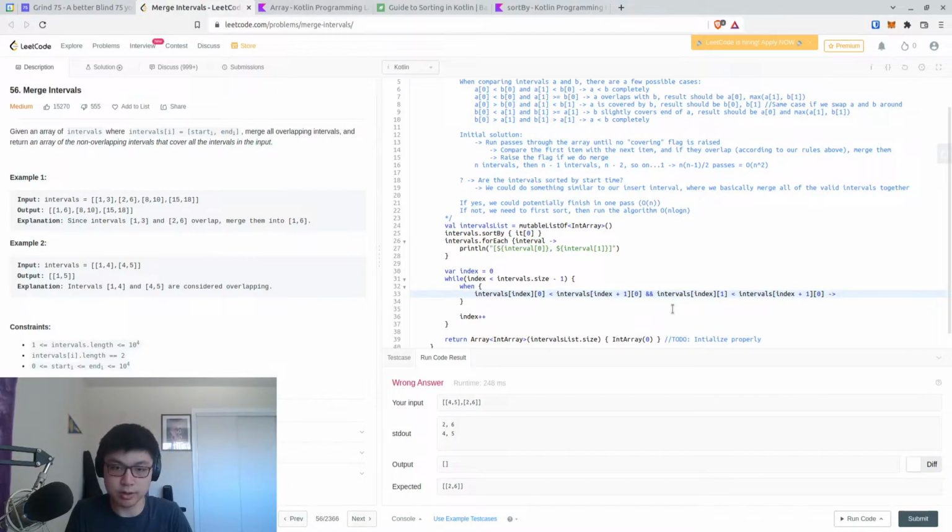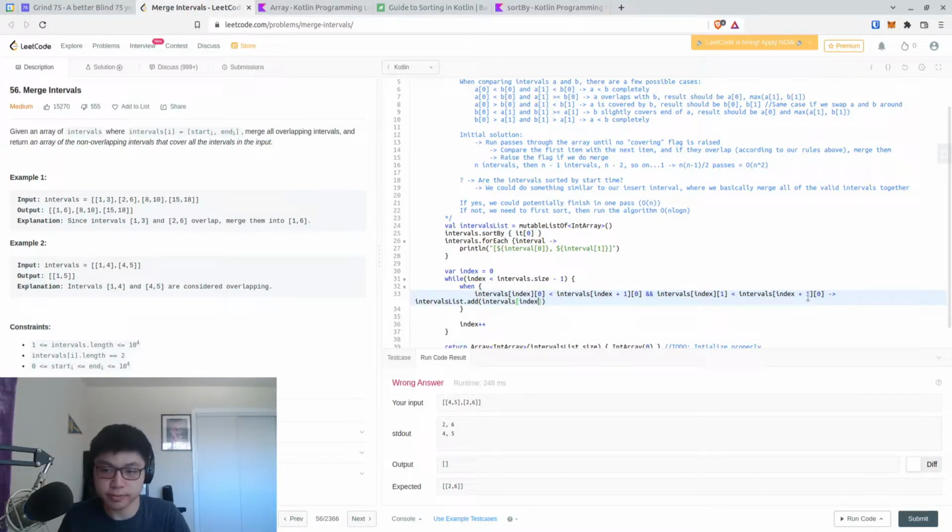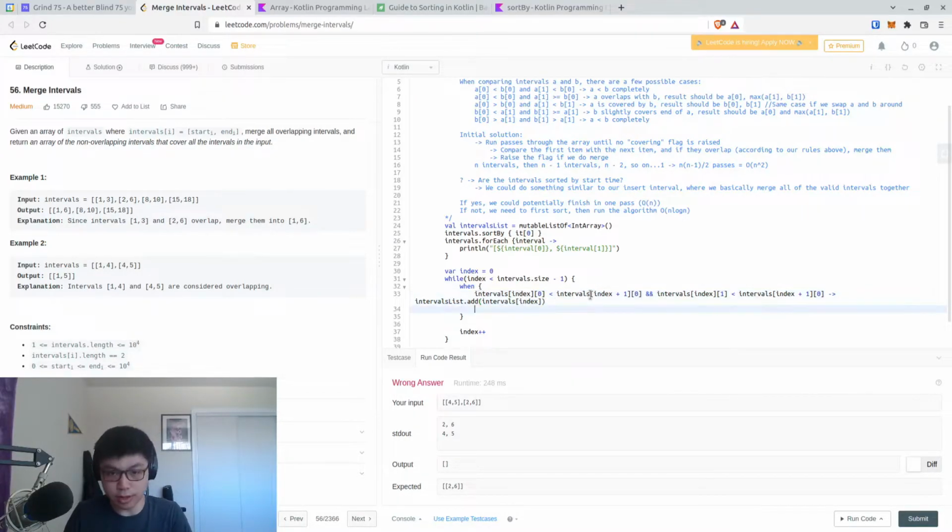Then we can just do intervals list add intervals index. So if the first one is less than the second one's starting point, and the ending is less than the start of that one as well,